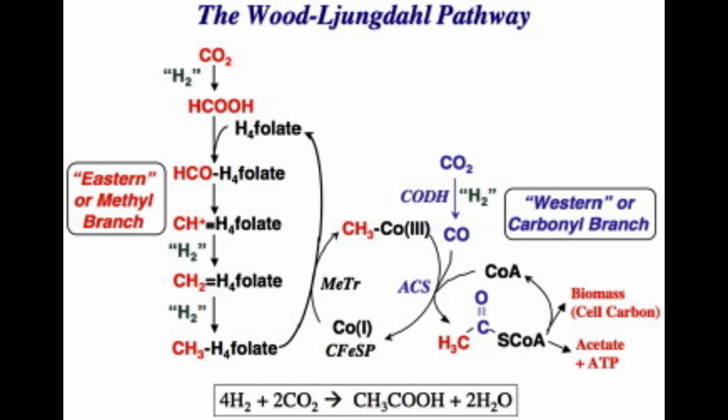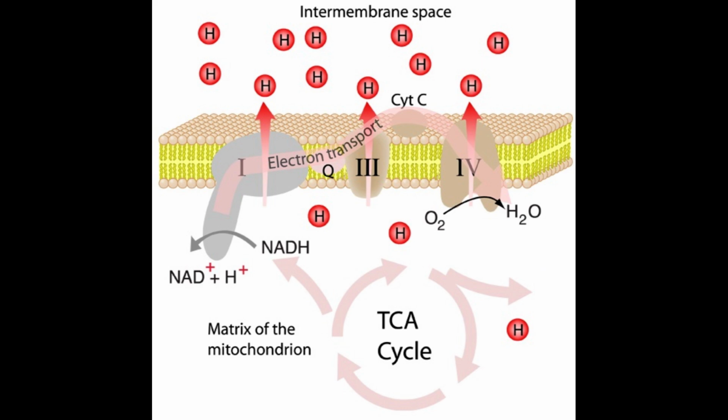There is some evidence for this. The Wood-Ljungdahl pathway used by acetogens is mechanistically similar to the abiotic Fischer-Tropsch style reactions. Now you might think, hold the phone, this would require a cross-membrane pH gradient, and these need complex molecular machinery